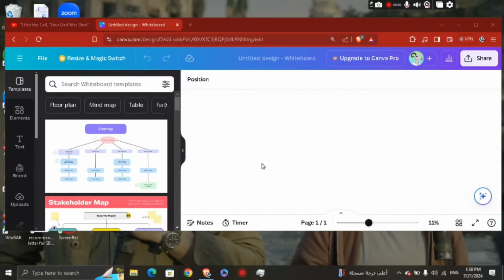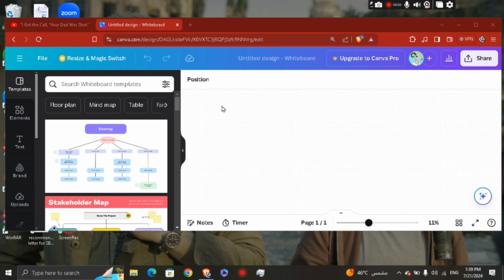My name is Adam. Today I'm going to show you basically how to change to portrait in Canva. So if you're using a regular Canva, on the free version, unfortunately you won't be able to do that step. But I will demonstrate how it's done for the people who have